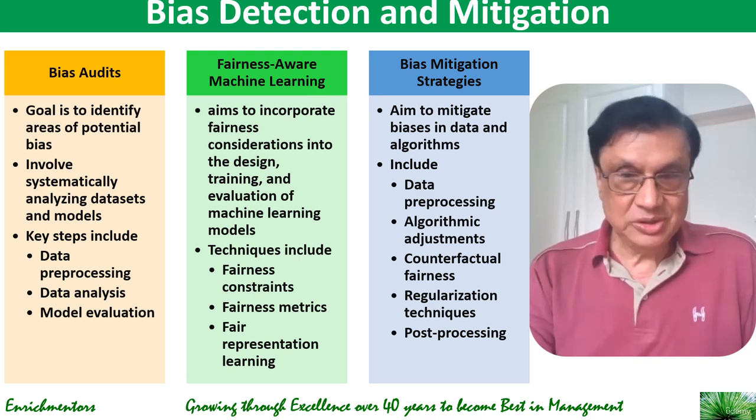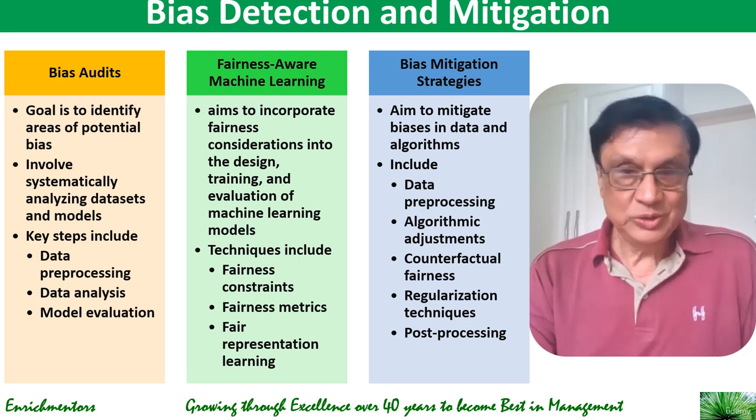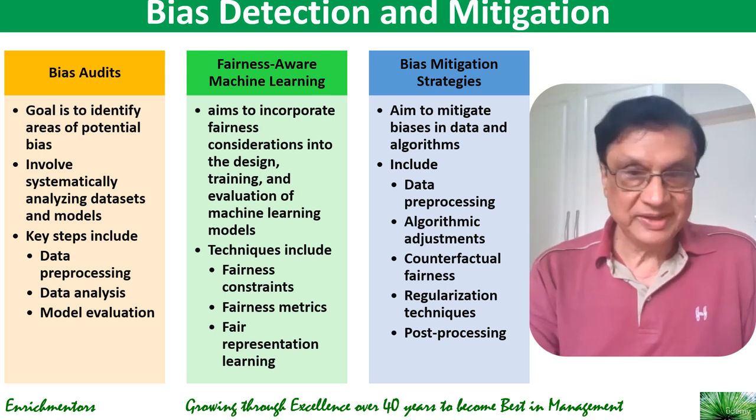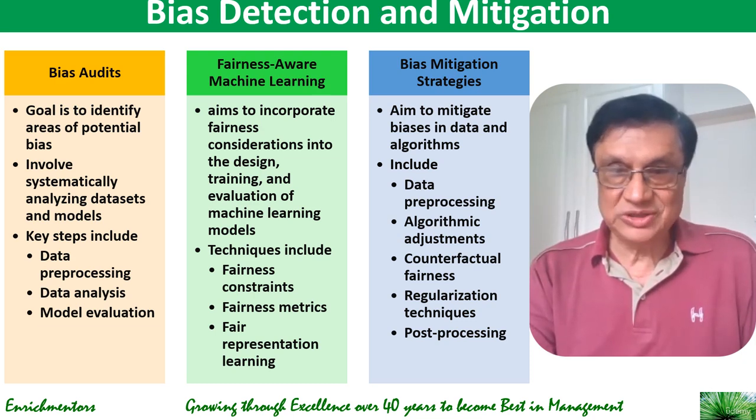And include regularization techniques by incorporating fairness constraints or regularization terms into the model training to penalize discriminatory behavior. Also, post-processing: you need to apply techniques to adjust the model predictions and mitigate biases in the output. So these bias mitigation strategies may vary depending on the specific context and requirements of the application and often involve